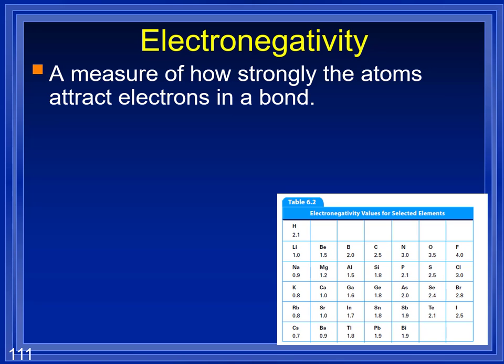Okay? You don't have to memorize these numbers. I'll always give you an electronegativity table. Okay? But the numbers vary. The most electronegative is fluorine at 4. The least electronegative on this one is cesium at 0.7. Okay? But